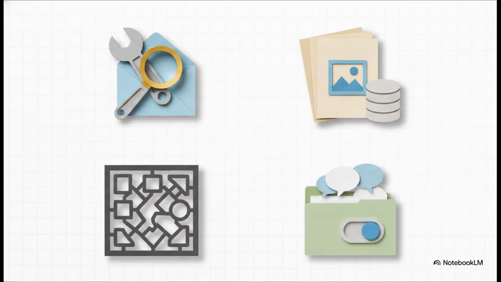Technically speaking, the server advertises its capabilities using just 4 core resource types. First are tools, which are actionable things like sending an email. Second, resources, which is your data, like a database row or a document. Third are prompts, which are reusable behavior templates. And fourth is context, which pulls in external info like recent chat history. These 4 types cover pretty much everything a model needs to interact with the world.